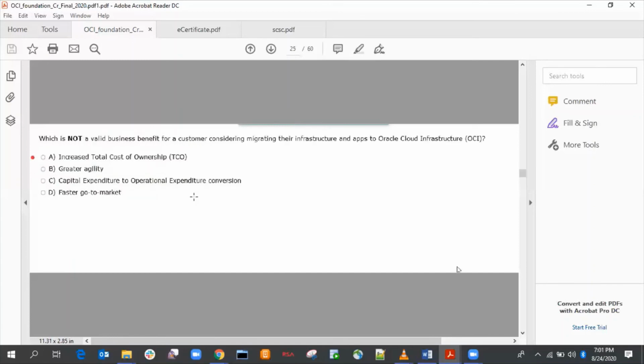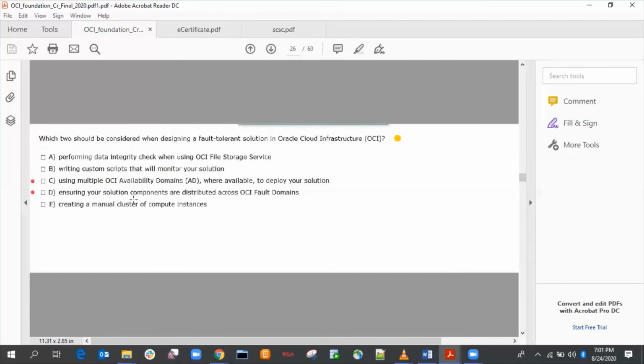Which is not a valid business benefit for a customer considering migrating their infrastructure and apps to OCI? Which two should be considered when designing a fault tolerant solution in Oracle Cloud Infrastructure? Using multiple OCI availability domains. Fault tolerance means we have to concentrate on availability domains and fault domains.